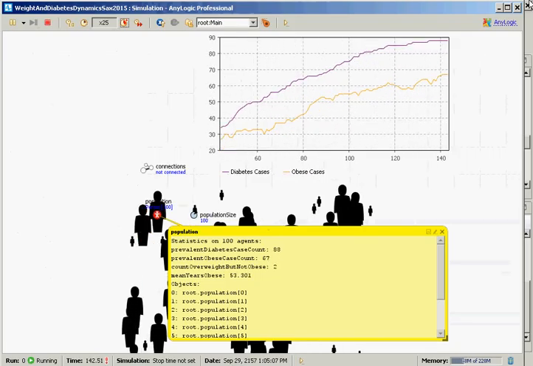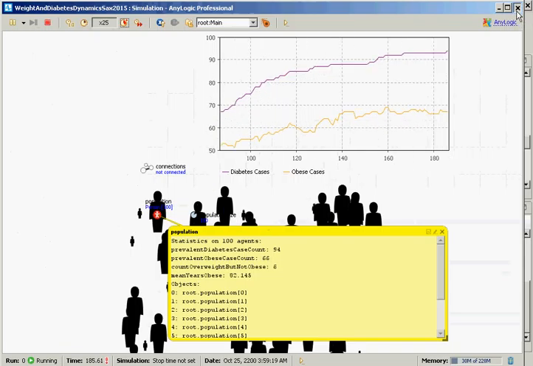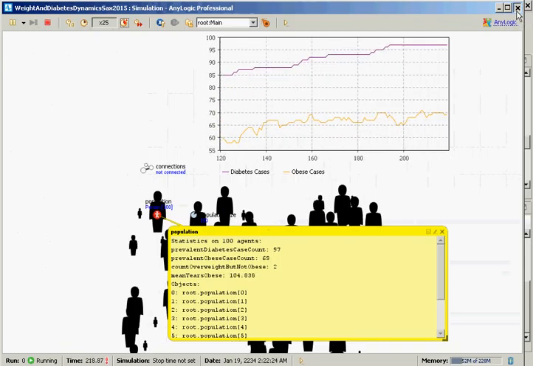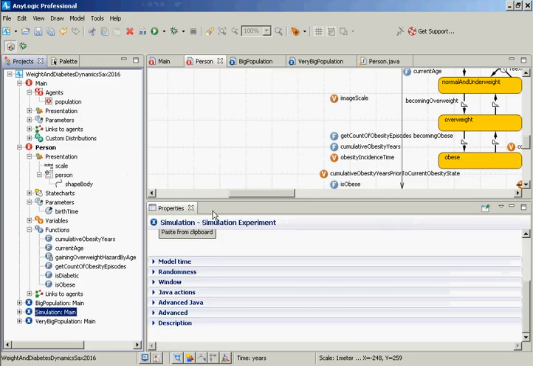Great. Okay, so ladies and gentlemen, now we're going to do something more sophisticated. We're going to create a histogram showing the number of people who have had obesity, by the number of times they've had it. We're going to add in a histogram that will show the population according to the number of times they've been obese. Okay, can we do that? This is going to take a little bit more finesse,